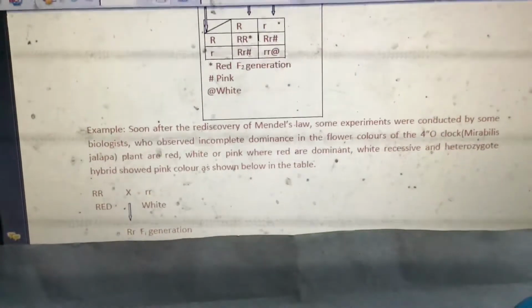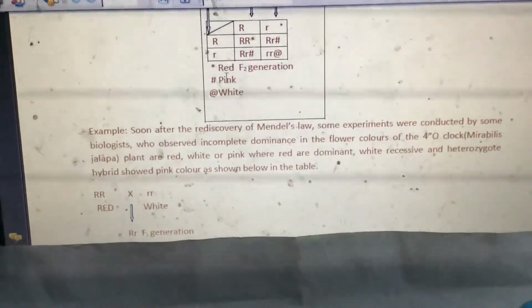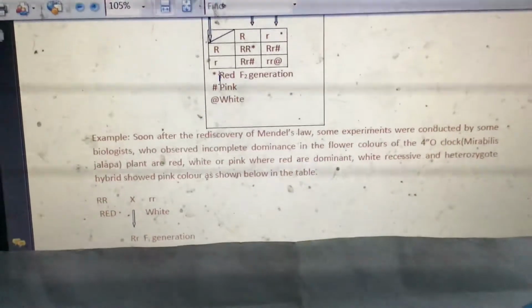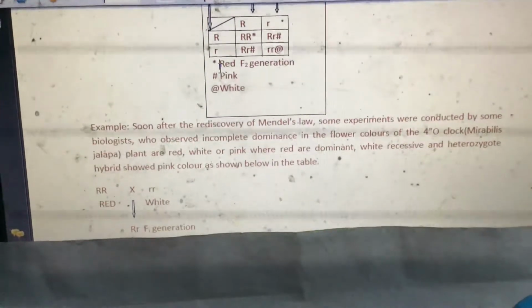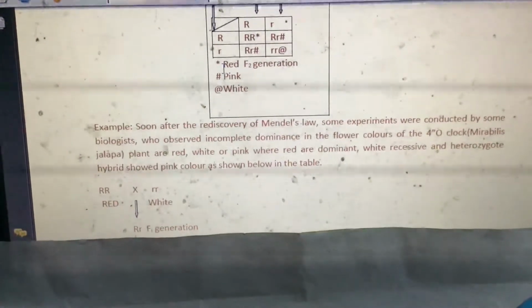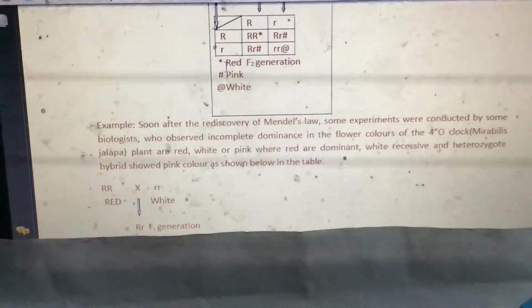This is the table of the F2 generation, and the ratio is Mendel's monohybrid cross ratio, which is a 3:1 phenotypic ratio, but here it is deviated and transferred to a genotypic and phenotypic ratio of